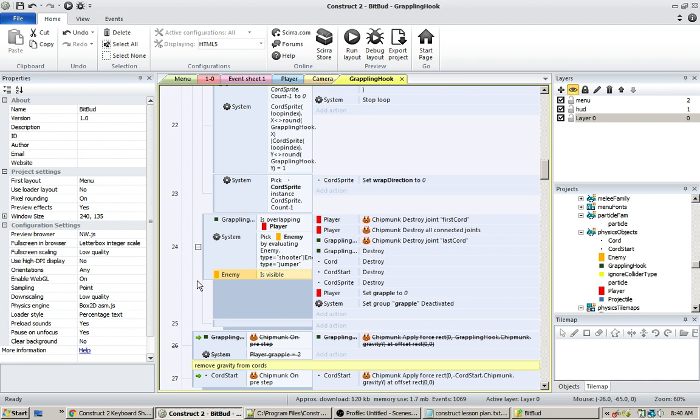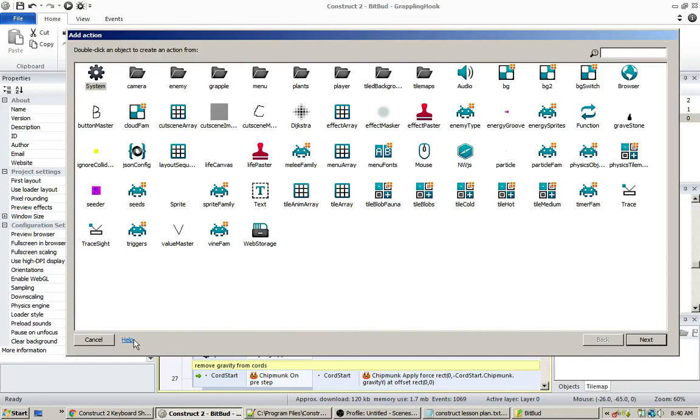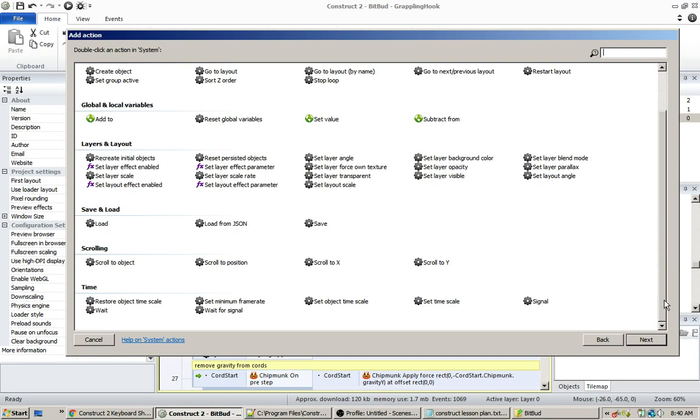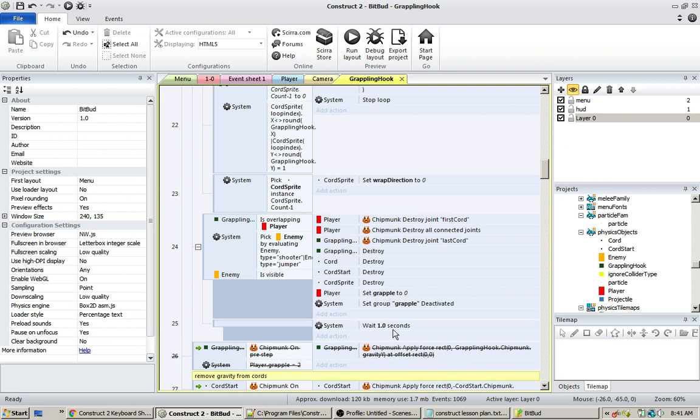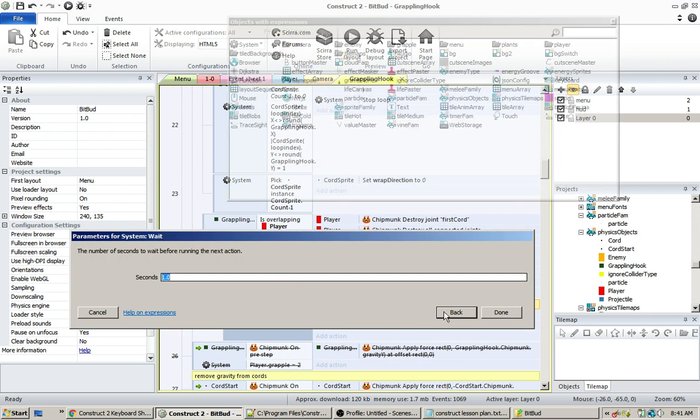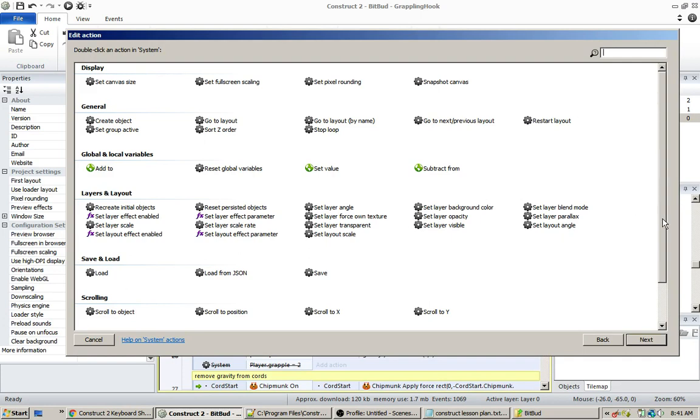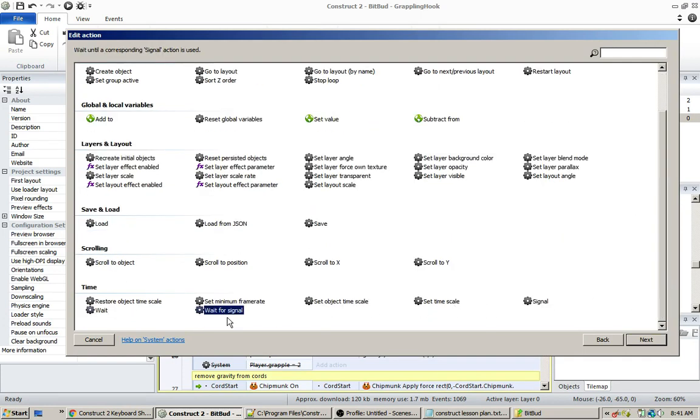What else is there? Oh yeah, there's also other things, like you could force it to wait a second or a fraction of a second and then do events after it waits. Everything else will continue to run, but it'll just wait and then run whichever events you have afterwards. Like, so if you want it to run these events after it does these events, but wait like a second, you could do that. Or you could like wait for a signal that you pass back, like you just wait